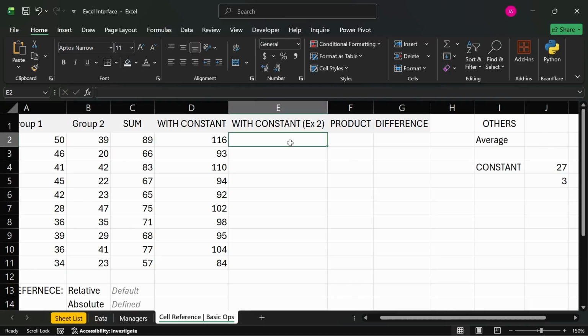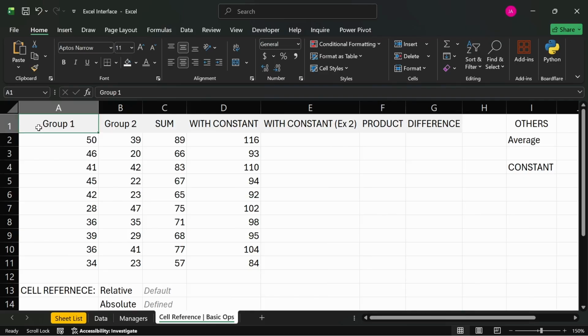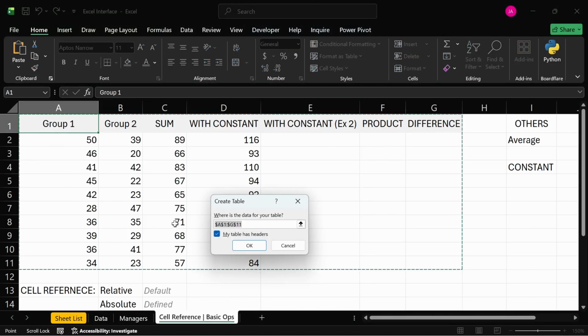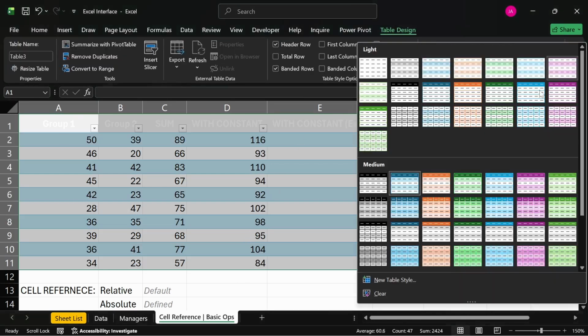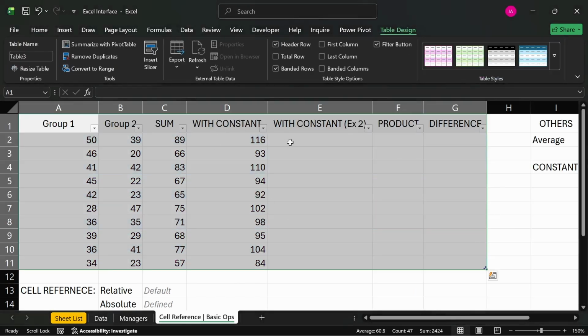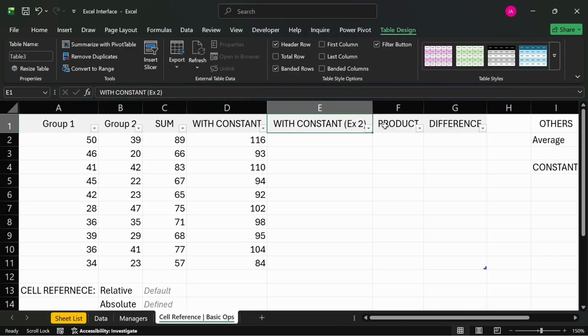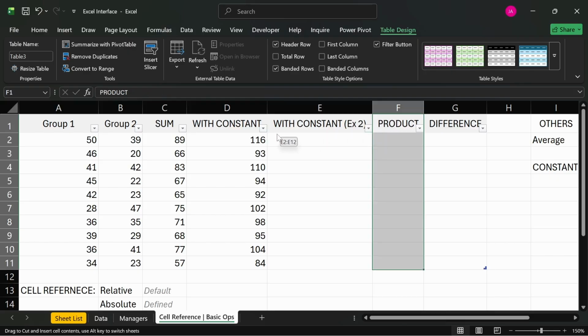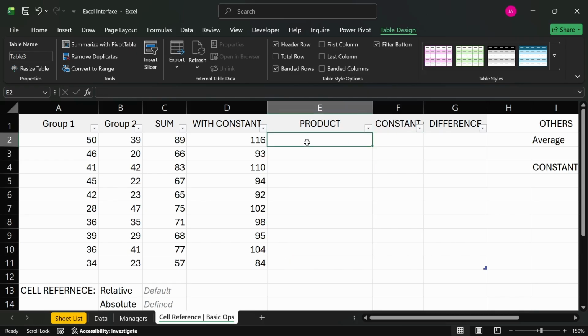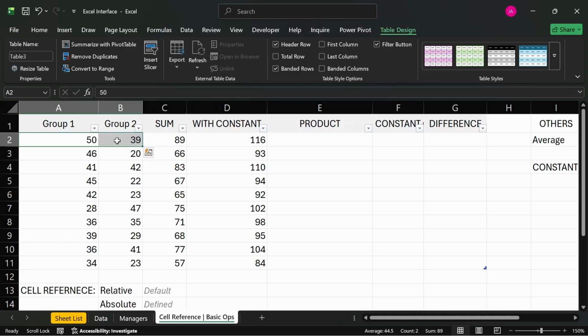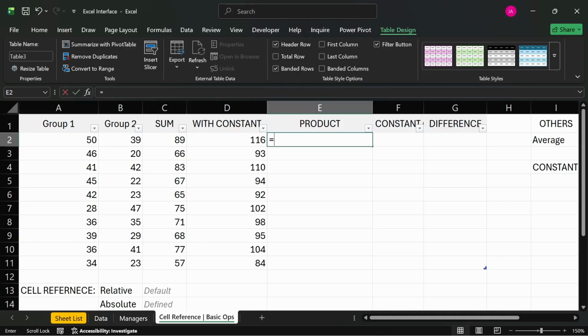Now before we do this, right? So let's just put this in a table. Control T. So we can easily move things around. Yeah, I'll take out the style. Okay, good. So I want to move products before this. Bring product here. Nice. All right. So let's do products calculation. So let's say we're multiplying group 1 by group 2. So that will be equal to,